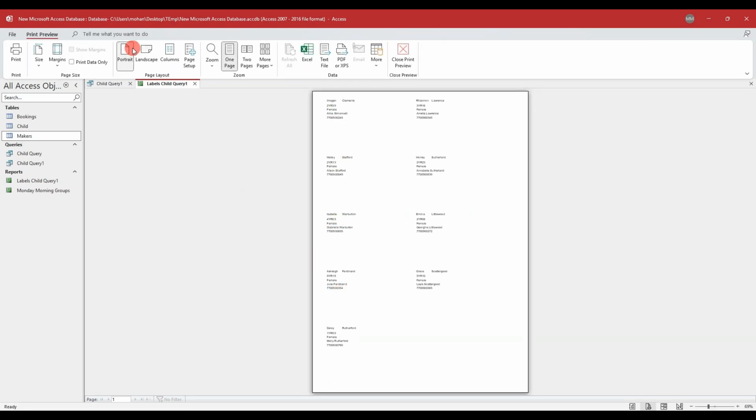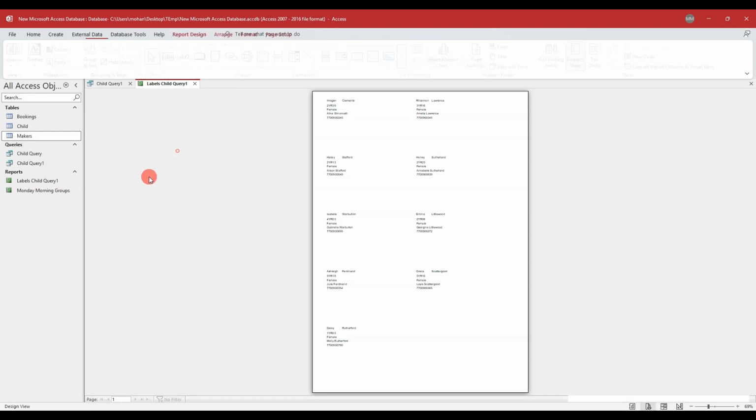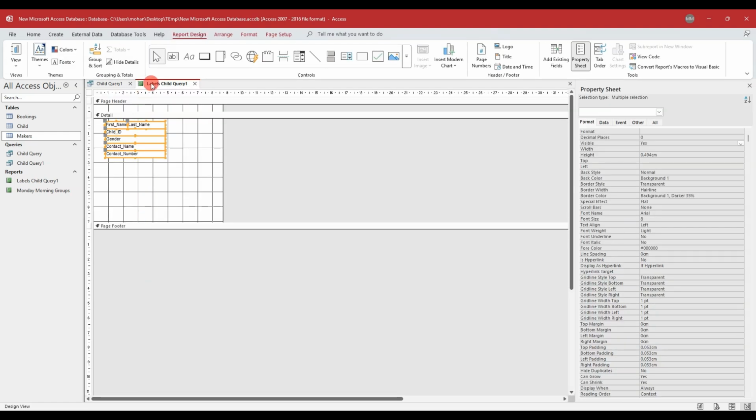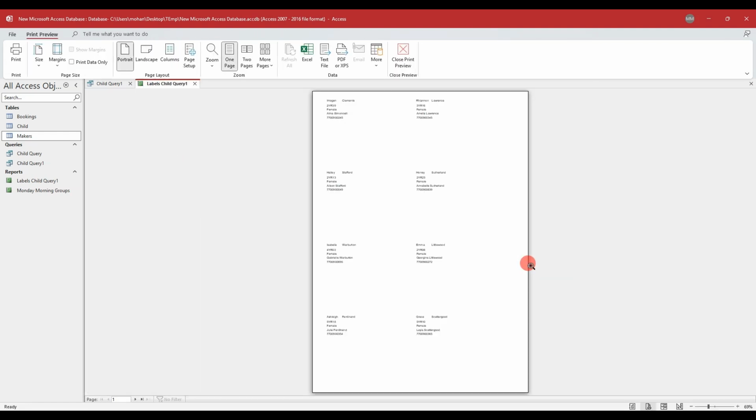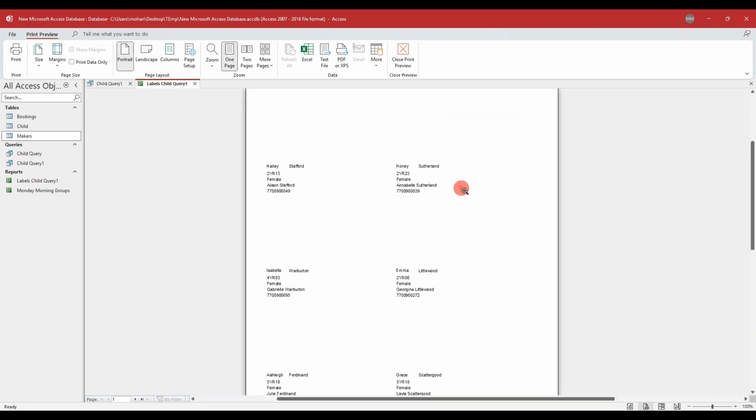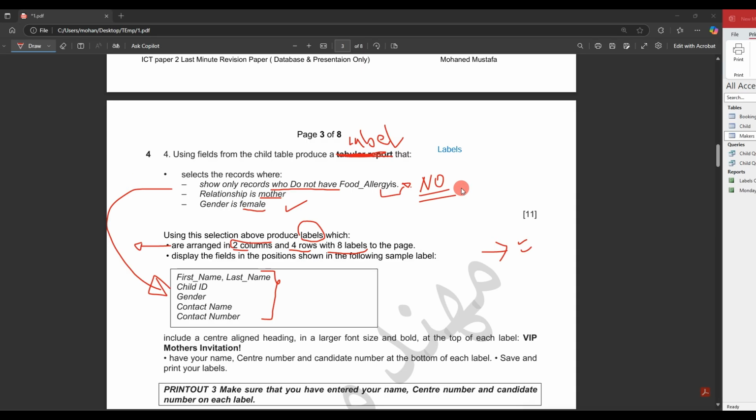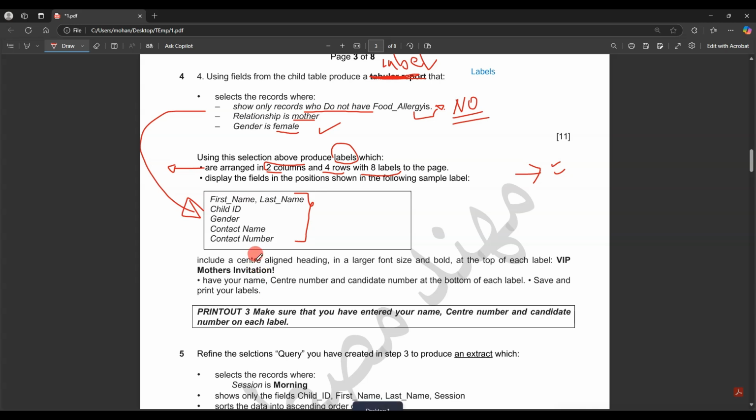1, 2, 3, 4. Still 5. Let me give you more space. I'll get rid of you. And now it's 4. Nice and done. Okay. Now include a center-aligned heading in a larger font and bold the text VIP Mothers